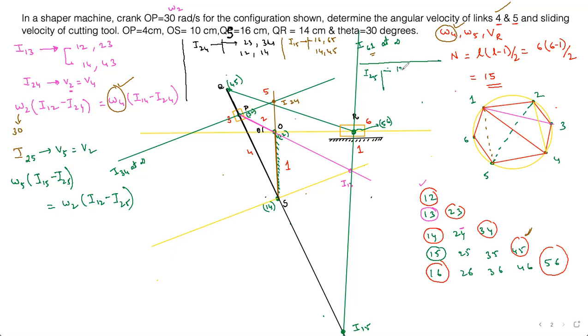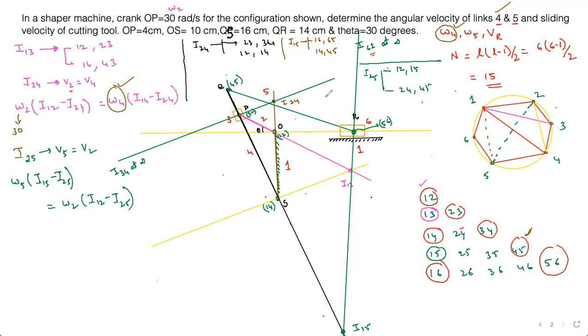One triangle on the top, 1 2 and 1 5, right? On the bottom, 2 4 and 4 5, right? Now look at 1 2 and 1 5. 1 2 is already known, and 1 5 we just found out. So this bottom one and this top one, you have to connect them both and extend it. Okay, and then you have to go to 2 4 and 4 5. 2 4 is here, right? And where is 4 5? 4 5 is here. So there is a point where they both will intersect.